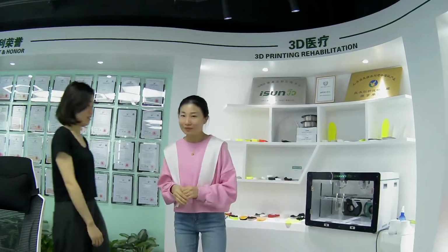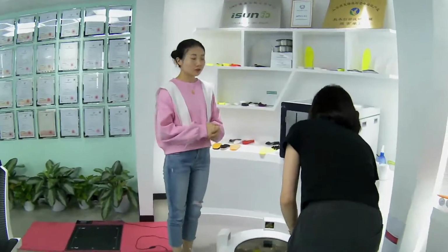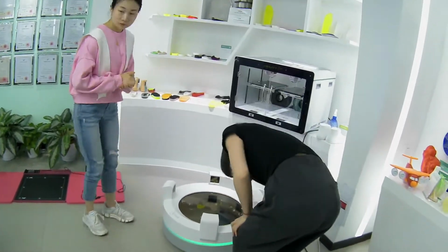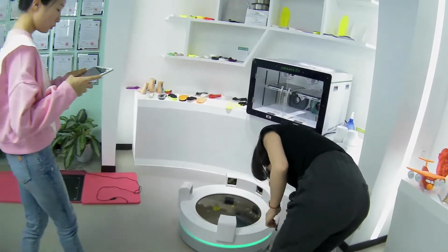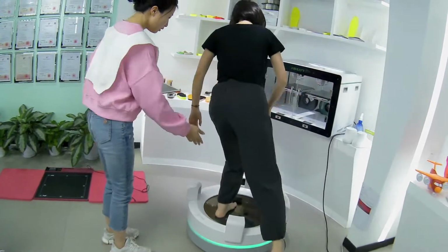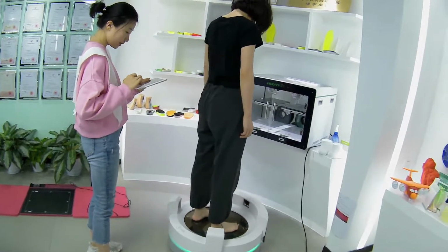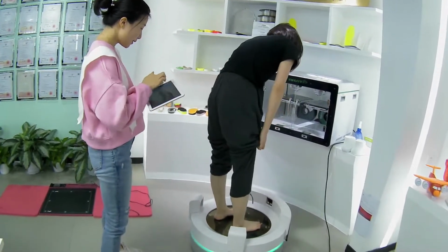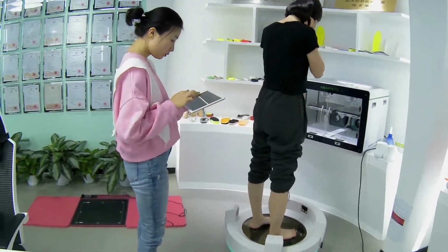So now I will first show you how our 3D foot scanner works. Now I will use the code to control the scanning. OK, lower your trousers, 就是把裤脚卷一下，就卷上来一点，卷到小腿就可以了。